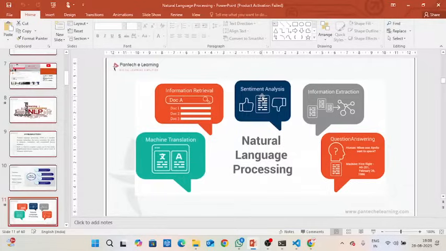Then there is sentiment analysis, whether the input text is good, bad, or funny. Likewise, we can filter out content. Then information extraction, like headlines: we can extract meaningful information from a whole paragraph. And then question answering. This is a chatbot, like an FAQ chatbot or a general support chatbot. We can use any chatbot.